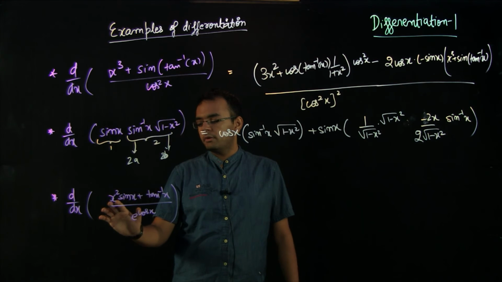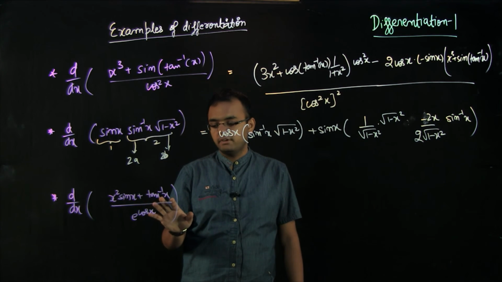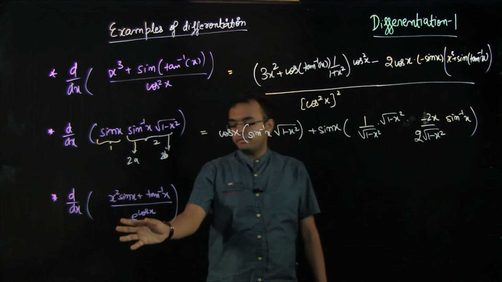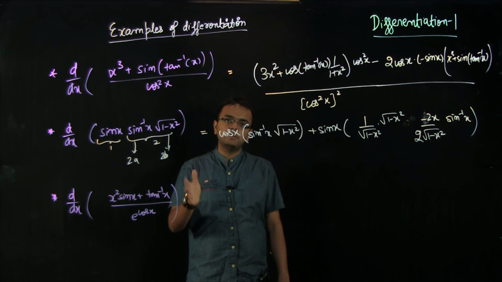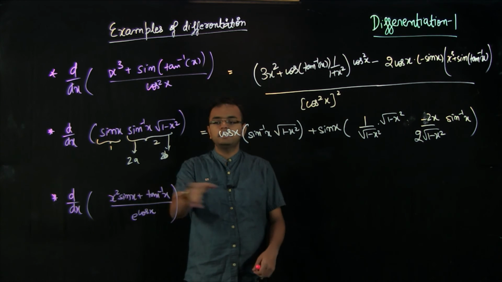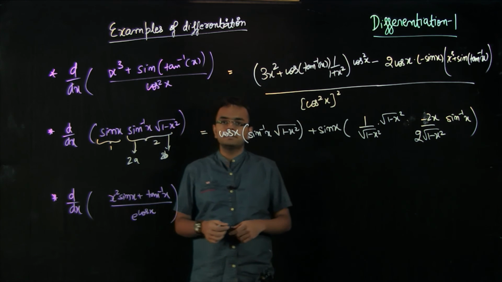Then the numerator for x square sin x, you will apply the product rule, and then you will add the derivative of tan inverse x and multiply it with the denominator, and then subtract the differentiation of e raised power of cos x. So you will assume cos x as x, so e raised power of cos x will be e raised power of cos x multiplied by minus sin x, because that is the derivative, and then you will multiply with the numerator. So here I have already given you what you can expect as the answer, but just